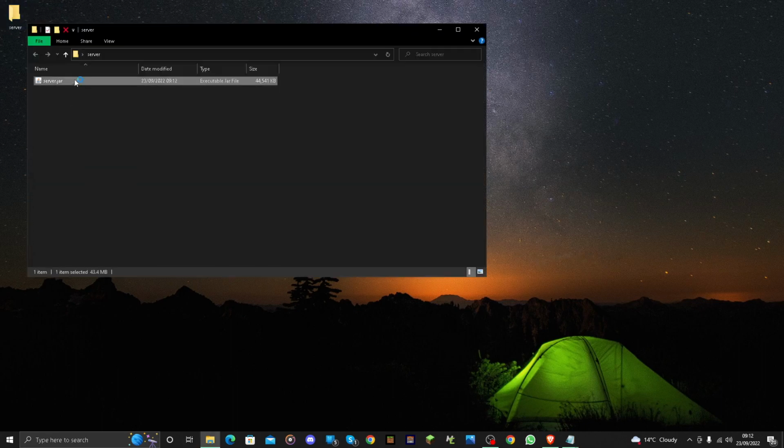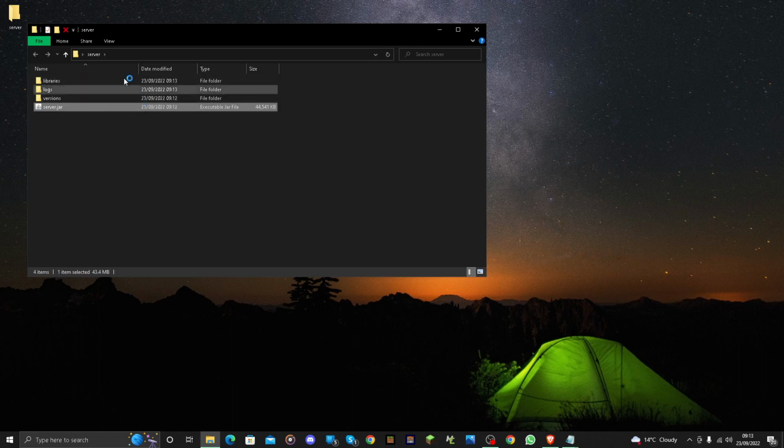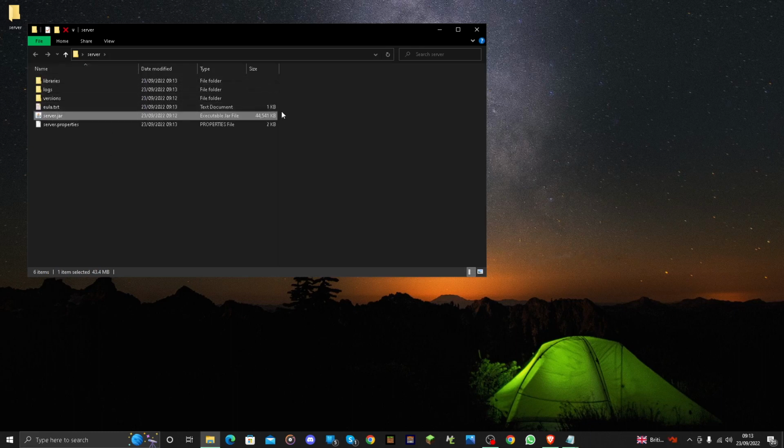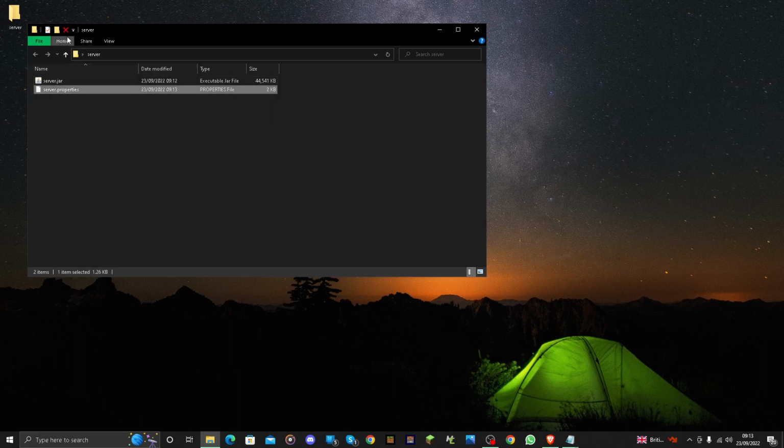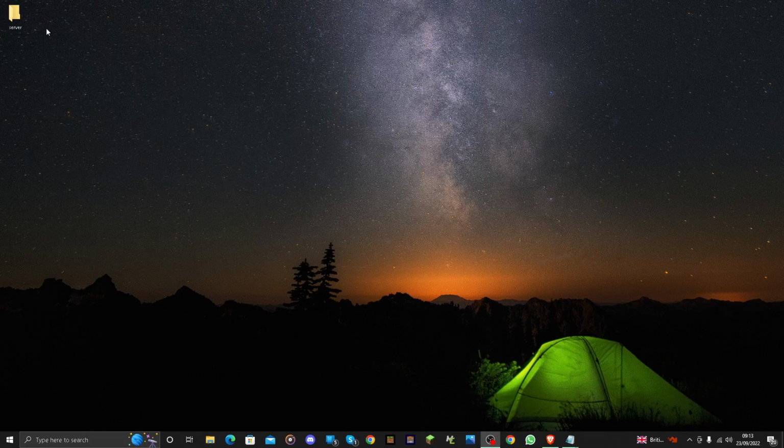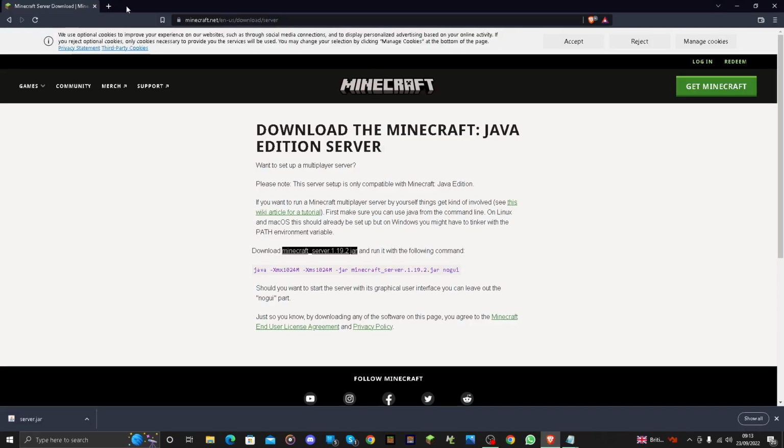we want to try and run this. If we can't run this, don't worry, you haven't done something wrong, you just need to install Java. It should generate files. If it doesn't and it asks for something, I'm just deleting this to show you in a minute. You can't open that file yet,